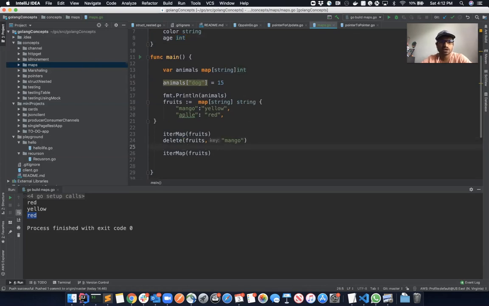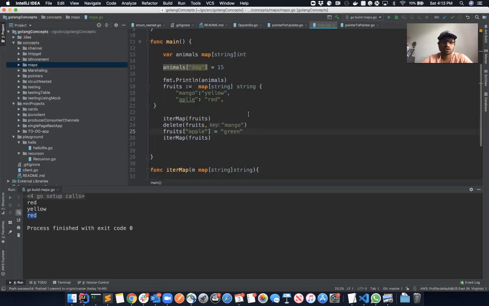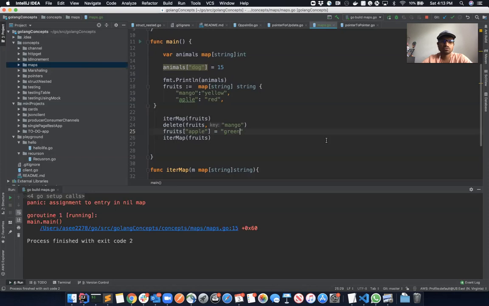I can give you the example here. For example, for the fruit apple, you have golden apple or a green apple. So what you would do is you have fruits, and then you're saying the apple, and if you tell it the color as green, it would get updated. You don't have to use pointers as you need to use when you're trying to do it with struct. So it gave us panic